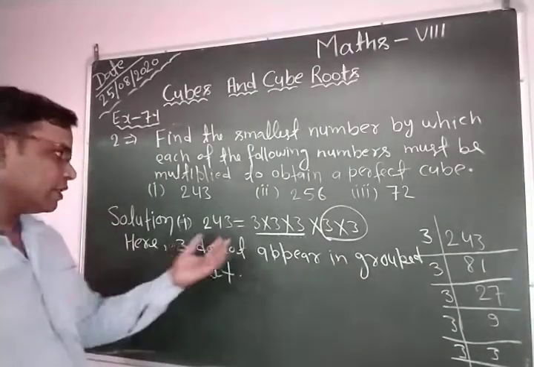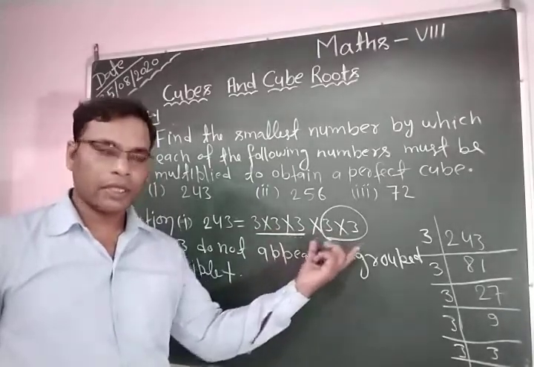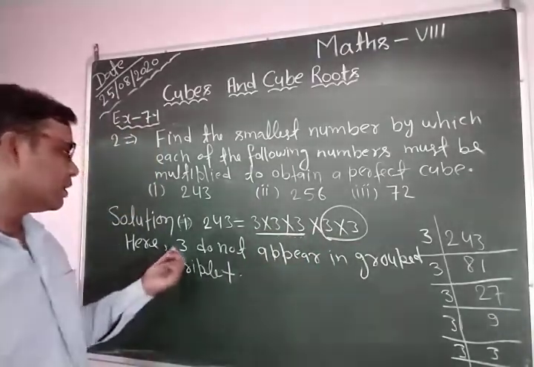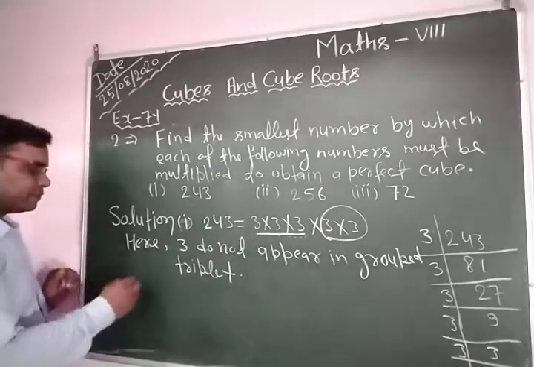Okay, you can see here this is a group triplet, this is not a group triplet. So you can say that 3 does not appear in the group triplet, therefore